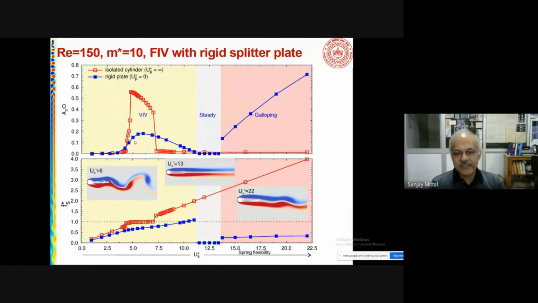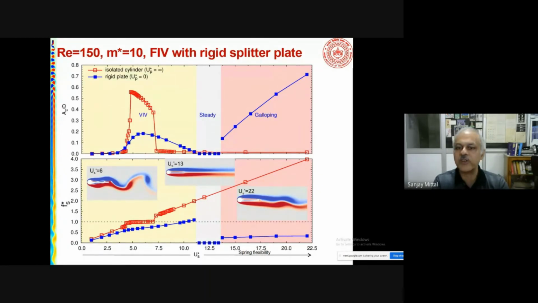So the bad news is that even though you've been able to get rid of vortex-induced vibration at small speeds, if you have a breeze at larger speeds, then your system will go into galloping. And in fact, you will see amplitude ratios which would be much, much larger than without the plate. So you would not want to use a rigid splitter plate for suppressing vortex shedding, unless, of course, there was a way to disengage it